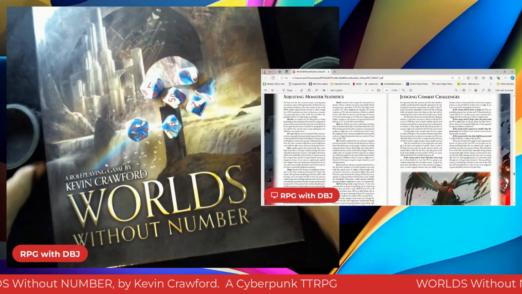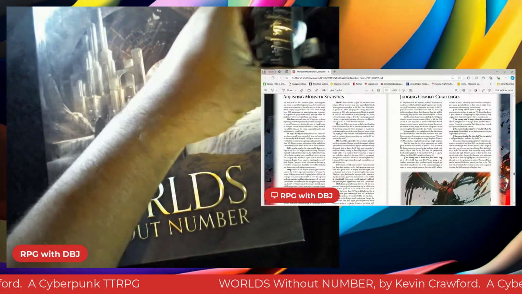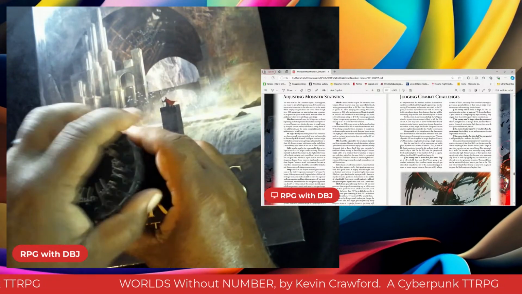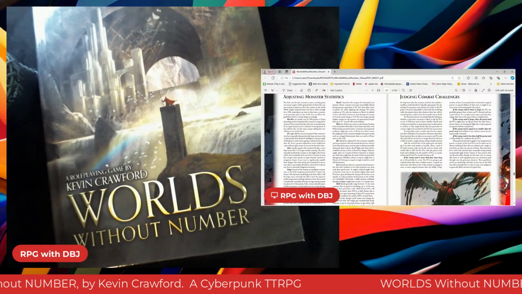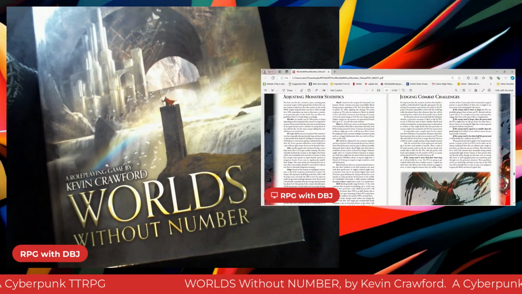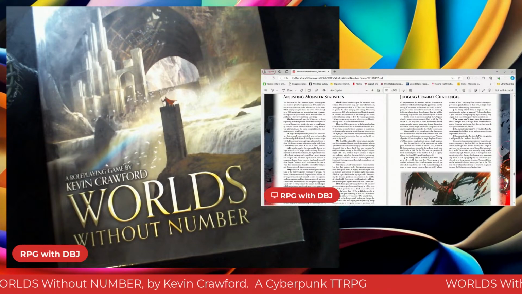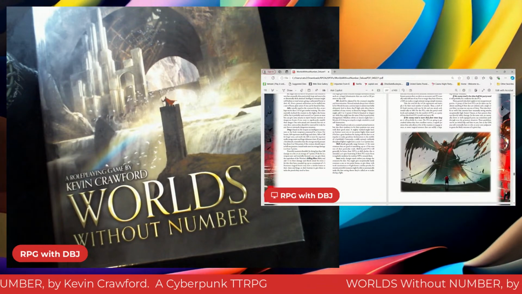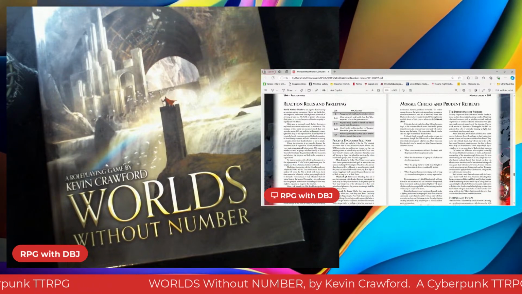An experiment gone wild. Although what just went through my mind was like girls going wild videos. But yeah, it could be an experiment going wild, and now the place doesn't exist anymore. But what was left is still running around, and maybe the local population's like, it's been too long. We need to get rid of it. Reaction rolls, morale checks, things like that.